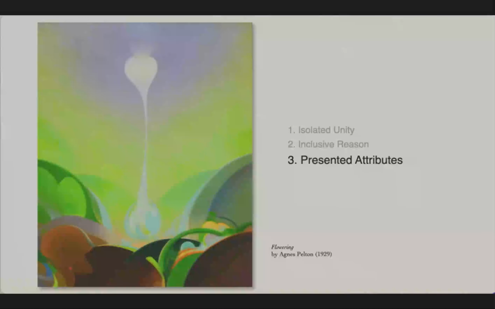All right, I'm going to go through the third ray version, because I only have about 10 minutes. Through the third ray version of the technique of fusion, the meditator contacts attributes that are definitely coming into expression during this fifth root race of human development. And what is a presented attribute?